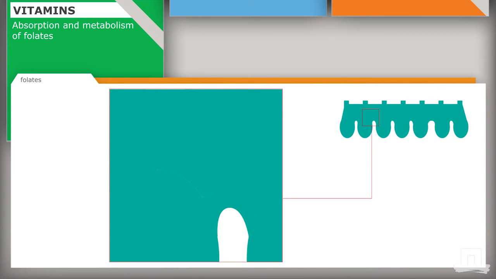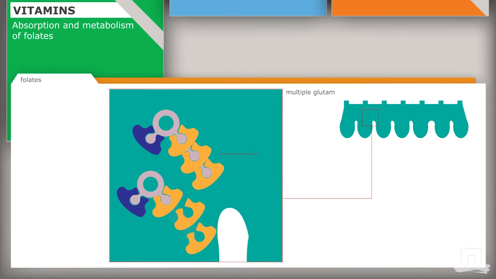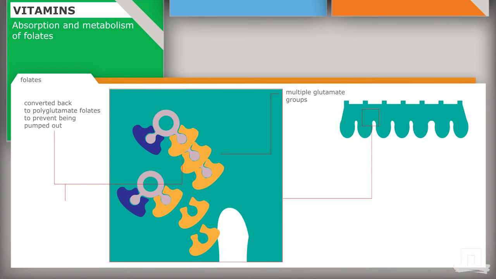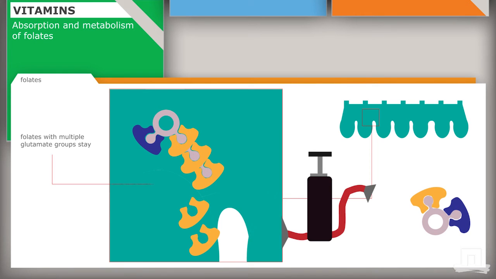Inside the intestinal cells, the absorbed monoglutamate folates are rapidly converted into folates containing multiple glutamate groups. This prevents the vitamin from being pumped out of the cell and thus is an important part of regulation of folate uptake. The absorbed folates can be exported from the intestinal cells towards the blood by a folate export pump. Because folate pumps do not transport folates with multiple glutamate groups, these forms are retained within the cell until being